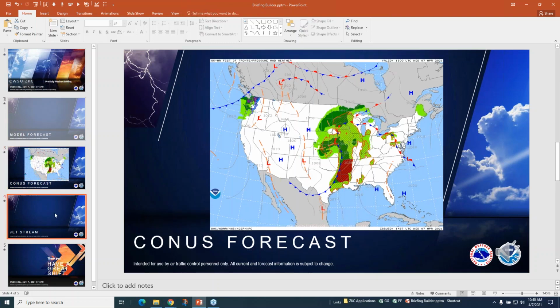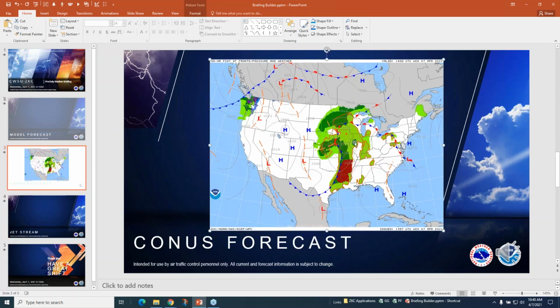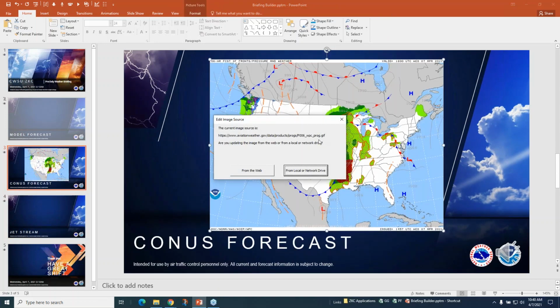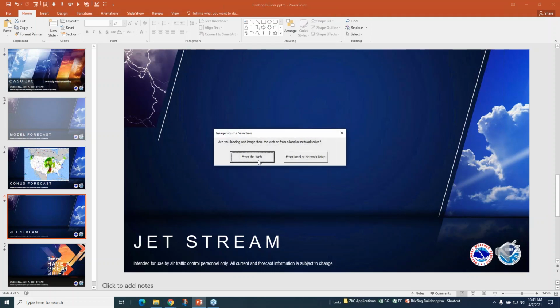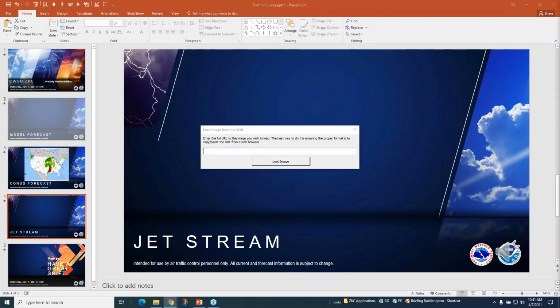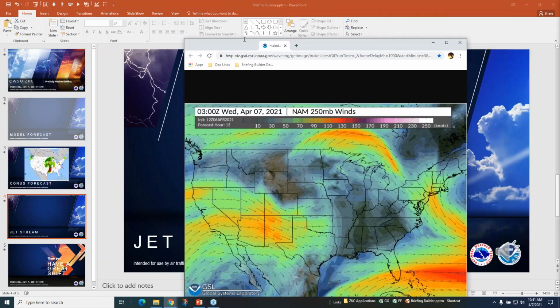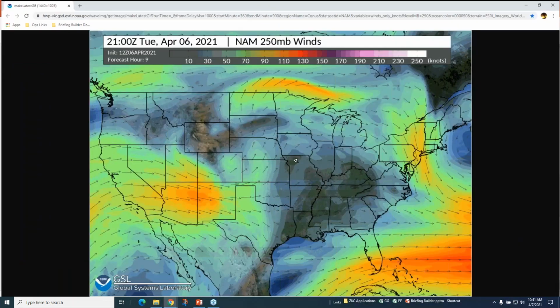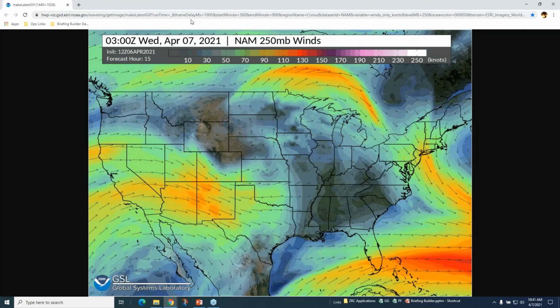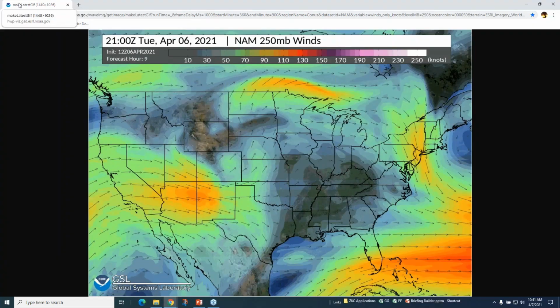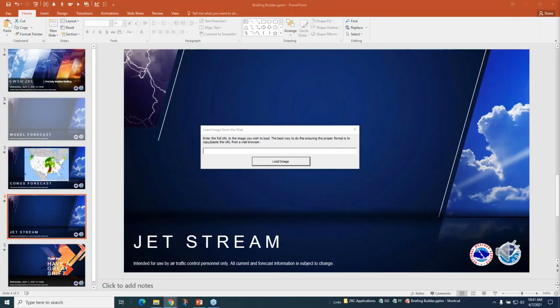Another example I want to show: that was a pretty simple image. Again, we're just looking at a route here, a static URL, pretty straightforward, a GIF image on the web. Well, let's say we want to add something, say, from the Wave website. We'd use the same procedure and insert linked image from the web. But here's an example I'm going to show. This is an animated image of the jet stream. Again, this is a long, complicated URL that you pass arguments into. A little bit more complex, right? So we're going to take that, we'll copy that.